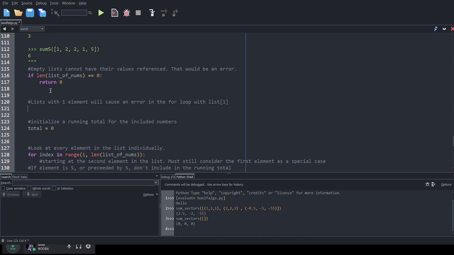So upstairs we have an if. Well, let's do elif. It's good to use elif anytime you have an if section and you know that you can only go down one of these paths. So else if the length of list of nums, I'm going to copy paste that so it's a little bit easier than typing out all like 10 letters of that. And that's equal to 1.